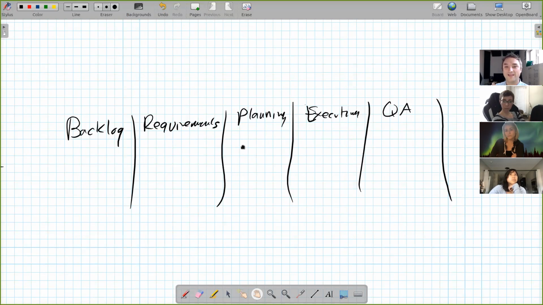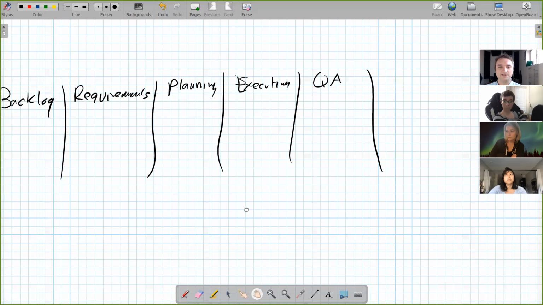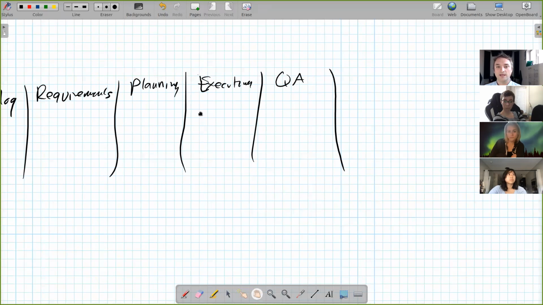Now, what I love about modeling waterfall processes with Kanban is there's no loops. Something doesn't go from QA back to requirements. It always goes forward. But that happens all the time, that QA kicks something back to executing.